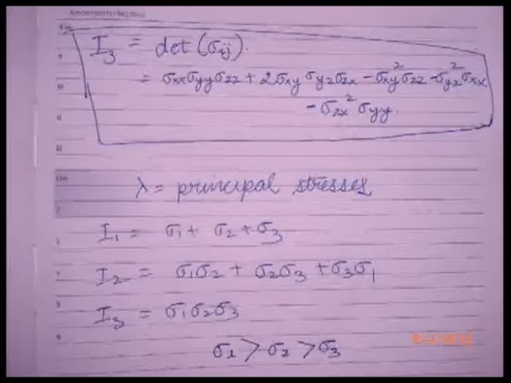And before we shift to another topic, of course I'd like to remind you that sigma 1, sigma 2, sigma 3 are taken as follows. Sigma 1 is greater than sigma 2 is greater than sigma 3 algebraically. So sigma 1 is algebraically the greatest, sigma 3 is algebraically the least of all the 3 principal stresses. So now we discuss transformation in the plane stress condition. Plane stress, as you know, is the condition where we neglect the stress in the third direction.